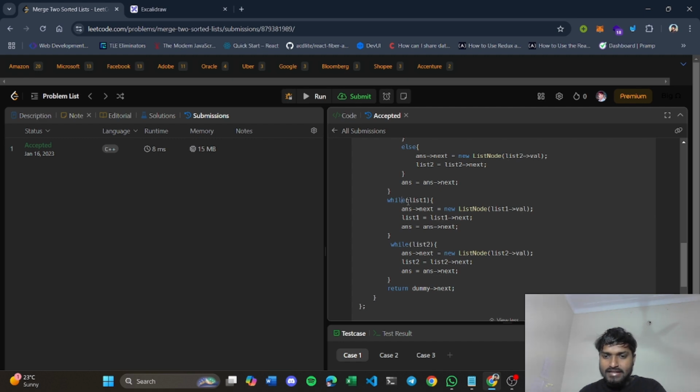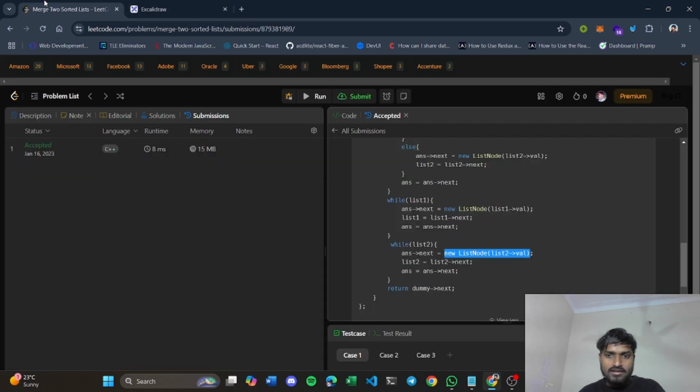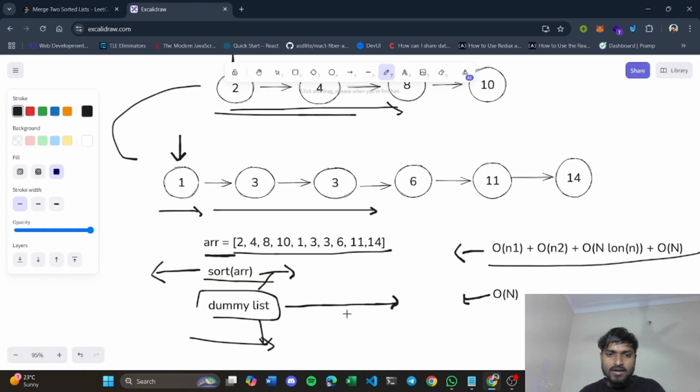So here, if any nodes are left out in any of the linked lists, I am attaching them too. For them also, I am creating a new node, right? So this is basically quite an optimized approach that I have discussed here. Basically here we were sorting the array also, so I have ignored this operation, but you can notice that I am actually creating a new node for each element. So in our new solution, I am going to give you the approach that will not require even creating new nodes, right? So it will also reduce some time complexity or space complexity. So let's see our approach here.